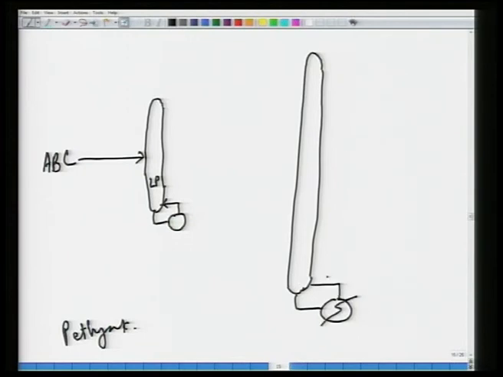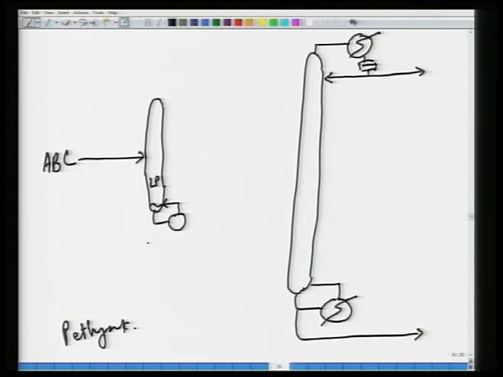I think this has also got a condenser of its own, if I am not wrong. We will see. I have got the PPT right there. Okay. Part of it is refluxed, part of it is taken out. This is, okay. So, all right. The bottoms from this stream is actually